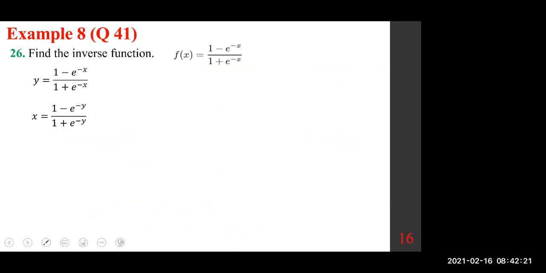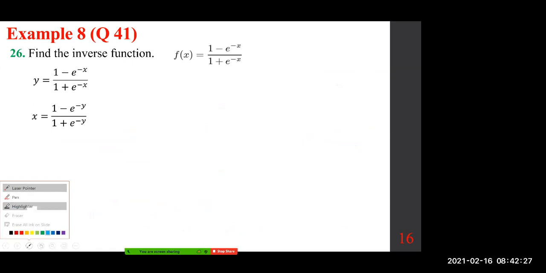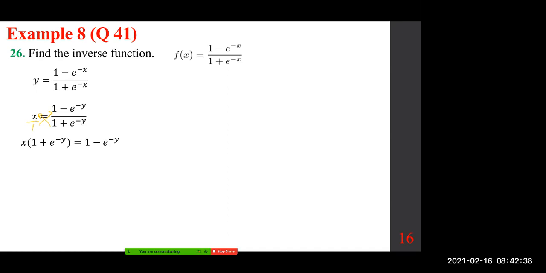Now we are going to do the cross product, everybody. One times this, x times this, okay? So when we do the cross product and we distribute, we get x plus x e to the power minus y on the left side. Okay, remember, the purpose is to solve for y. And in order to get to the y, remember y is the exponent here. In order to get to the y,